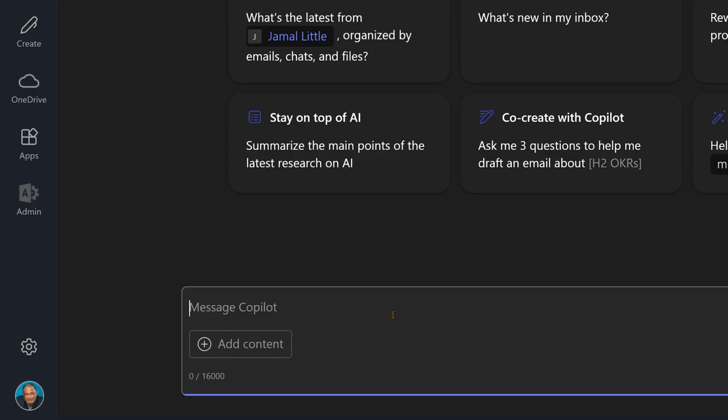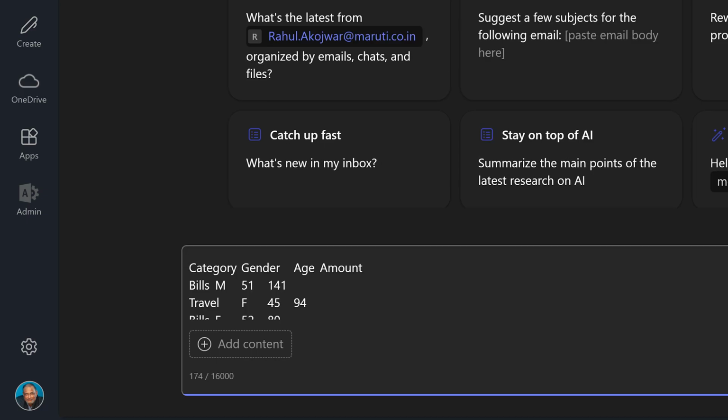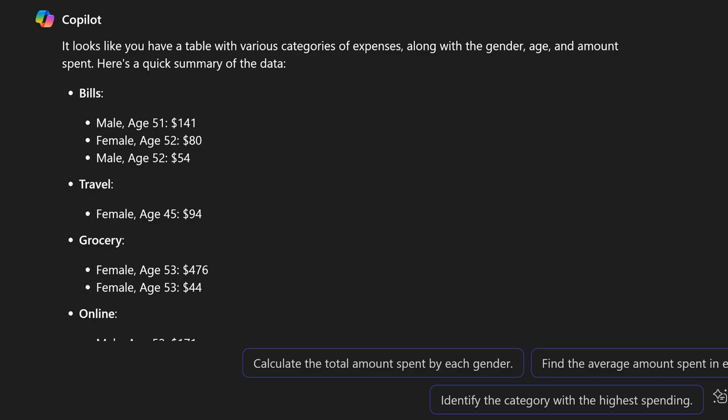We are going to take two examples. In the first example, I want it to work like an analyst. I'm going to start with a blank new chat and just copy paste some simple data. Not putting a prompt, just press enter. It will give me some results, some analysis. So keep that in mind.